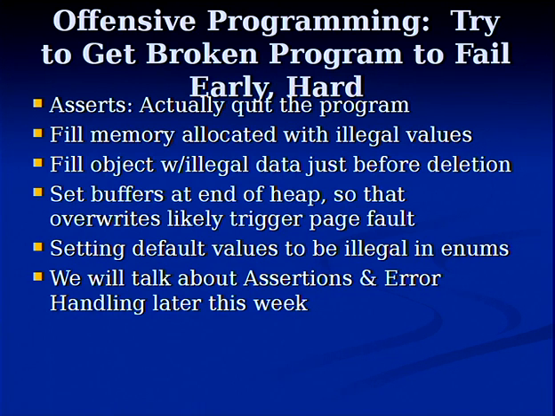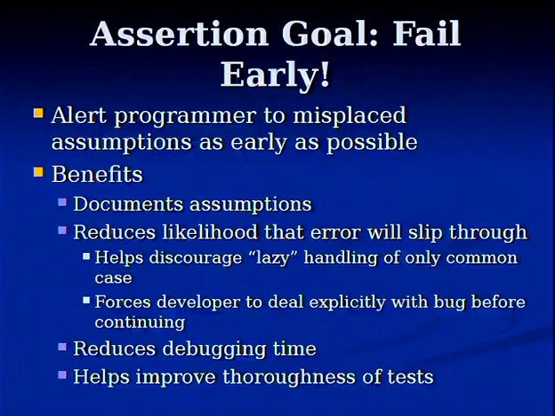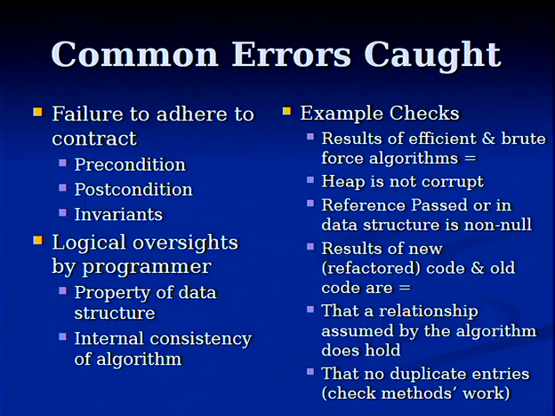Look, if there's something wrong with your program, ladies and gentlemen, you don't want it to hobble along and partially work and just make do. You want it to tell you as soon as possible there's something wrong so you can fix it. You don't want it to cover up a real problem with a Band-Aid in a way that hides the problem. You want to know about it as soon as possible. There's lots of ways we do that in software engineering, and one of the most effective ways is by the use of assertions.